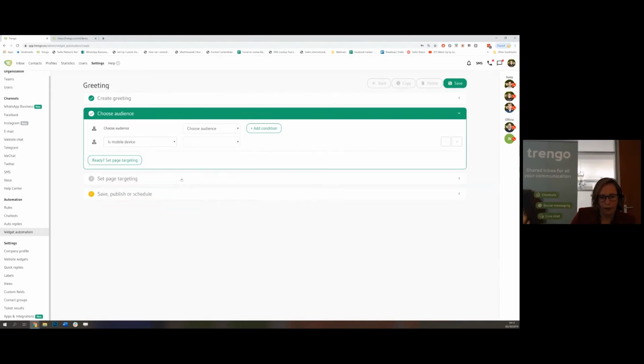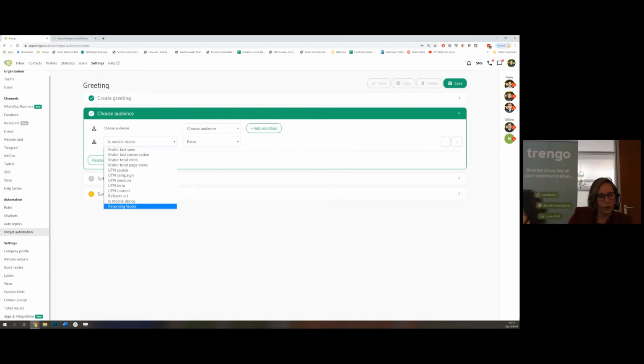Is a mobile device, so you can have a different greeting for people that use a mobile phone, because nowadays people don't only use computers to surf and to shop online, but mostly they use mobile devices. So you can target maybe this specific group with a specific greeting. Just say, hey, is mobile device true? Or you can say false, like people that are using a computer, I would send a specialized